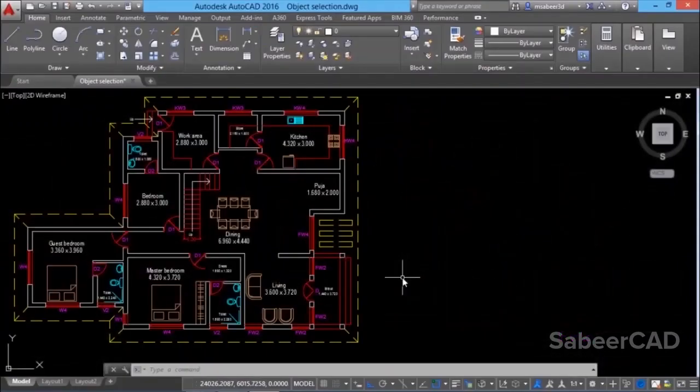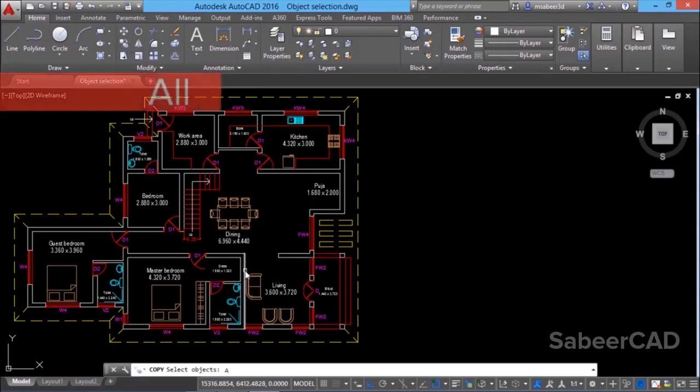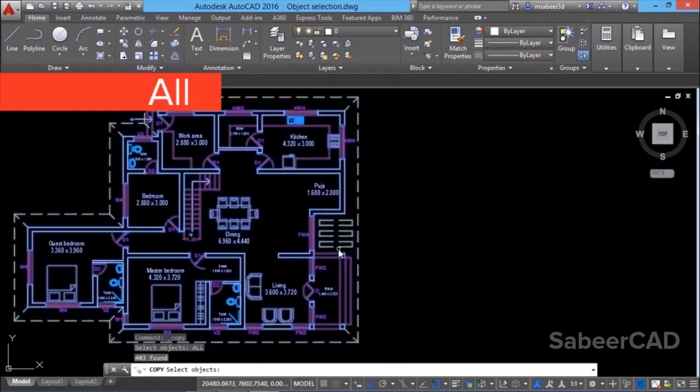Next we will see the method to select all the objects on the screen. This is a ground floor plan. Suppose I want to make a first floor, all I have to do is copy the entire ground floor and perform some editing operations to make the first floor. Click on the copy command in the modify panel. When I'm asked to select objects, I'll type ALL. When you type all, the objects on the screen will get